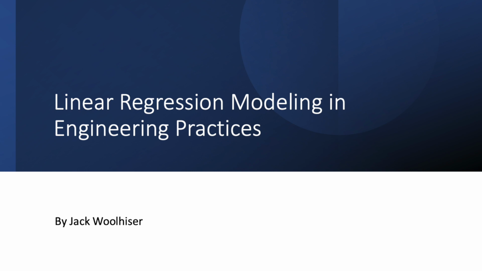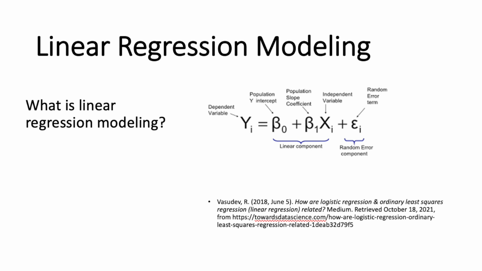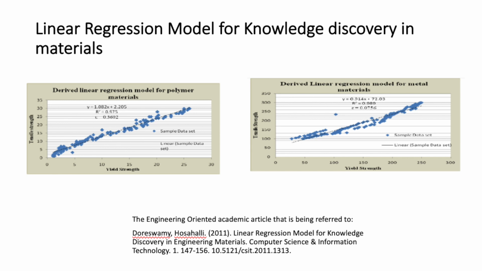I will be talking about linear regression modeling and engineering practices. A linear regression model describes a relationship between a dependent variable y and one or more independent variables x. It involves finding the best straight line relationship to explain how the dependent variable y depends on an independent variable x. In engineering, linear regression is used many times to determine the best representation of experimental data when designing and